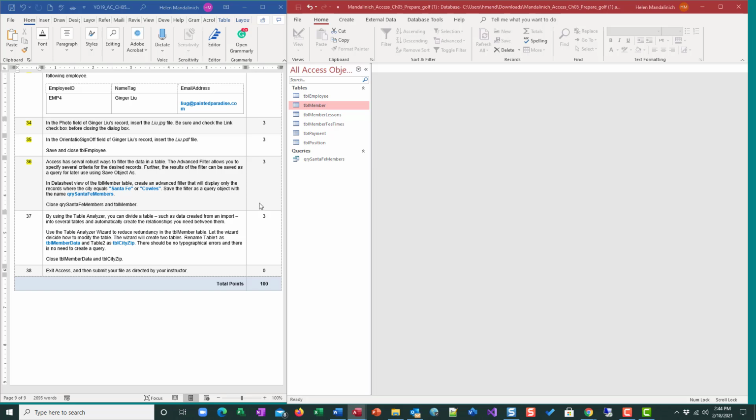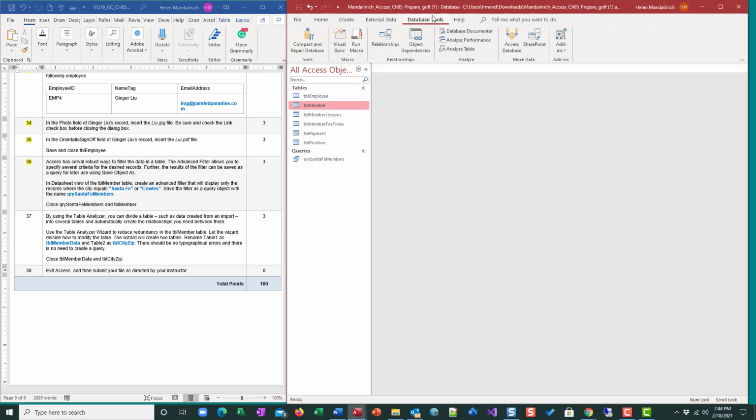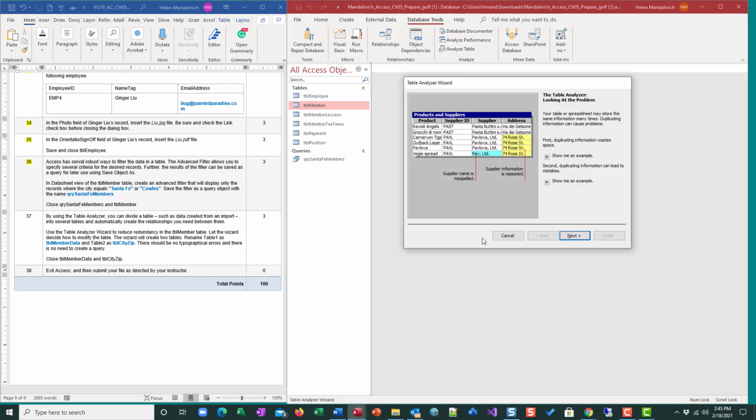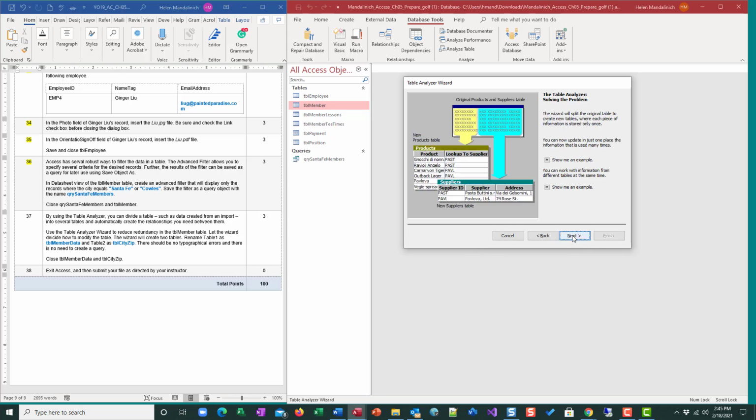Okay. And so this goes back to normalization, right? So we can pull out data that repeats into its own table. So the table analyzer is going to help us do that. So we're going to click on, make sure you're on table member. We're going to come up here to database tools, and then we're going to select analyze table. We just want to go ahead and keep what's here. So we're going to do next,